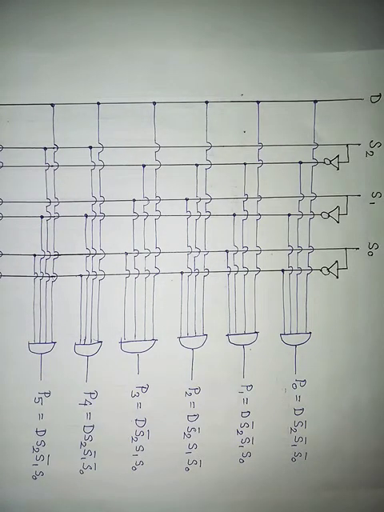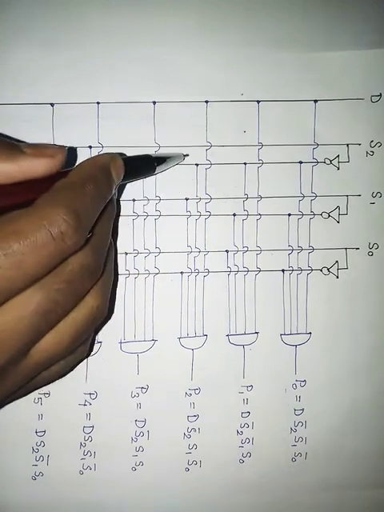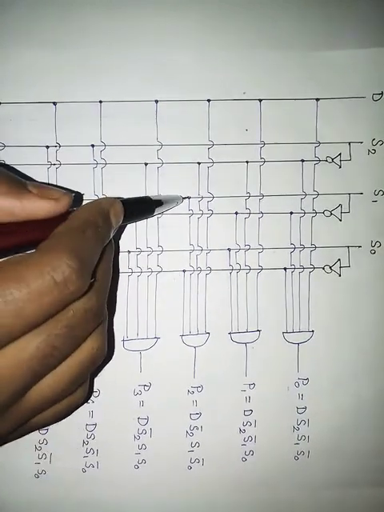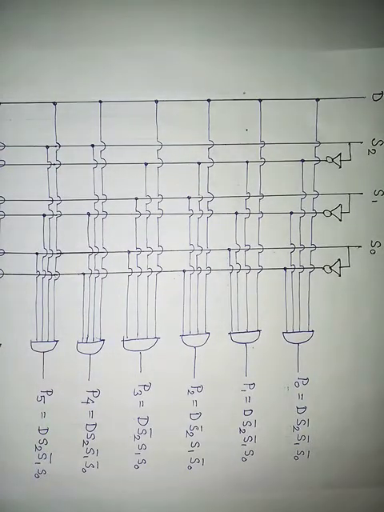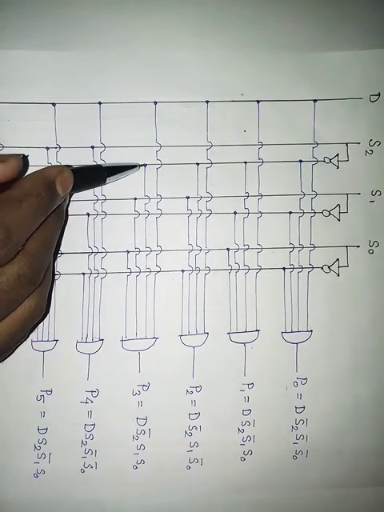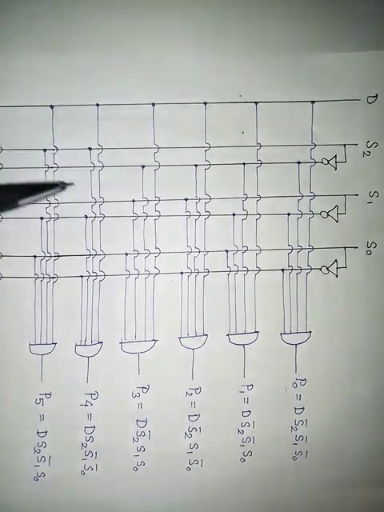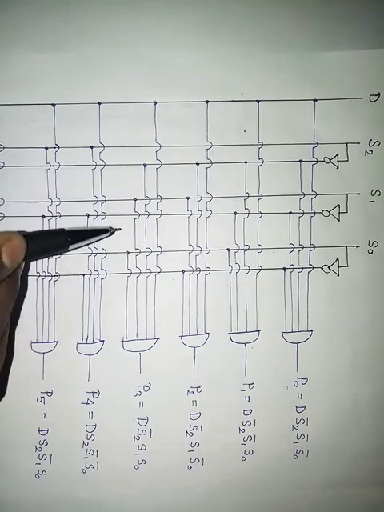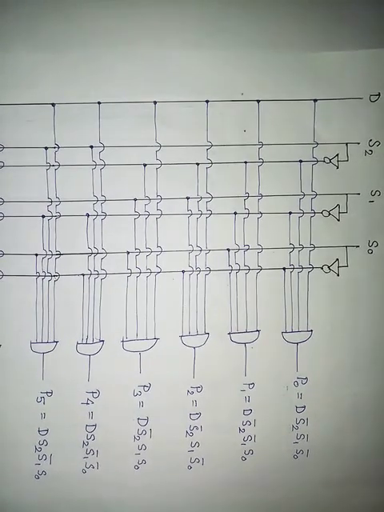For P2 line, see, for P2 line our answer is 010, that is our middle selected line, that is S1 is our real and other two are inverted. So there, see, other two are inverted but S1 is real. Coming to the P3 part, for P3 binary code is 011. So see, 011, first one is 0, that is S2 is coming from inverted, and double one from S1 is coming to the real line and S0 also coming to the real line.